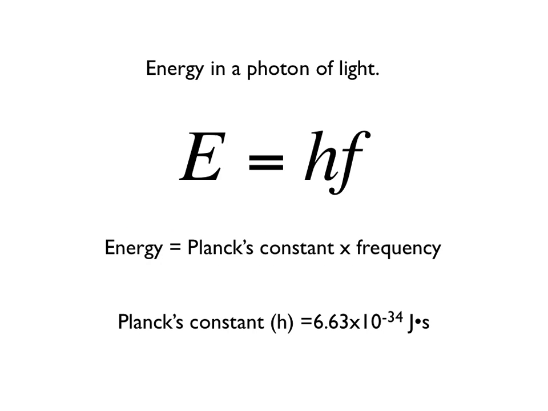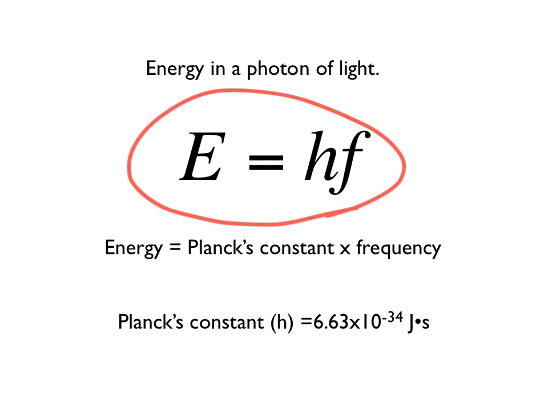Light, of course, is a form of energy. Light consists of bundles of waves called photons. The amount of energy a photon has is directly proportional to the frequency of the light and can be calculated by this equation. The proportionality constant in this equation, h, is called Planck's constant and is equal to 6.63 times 10 to the